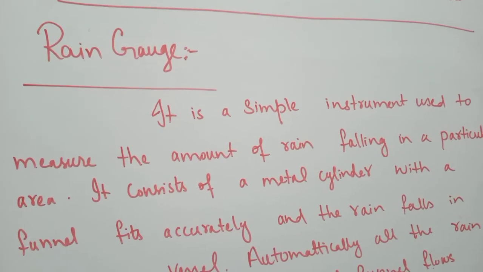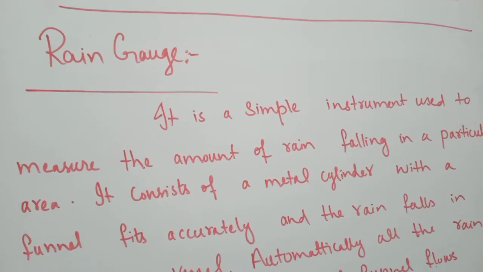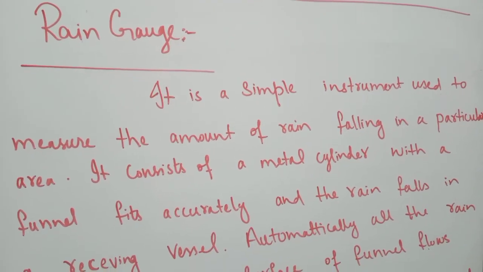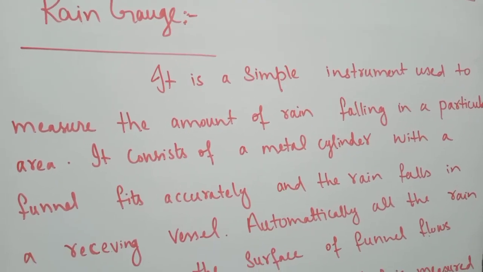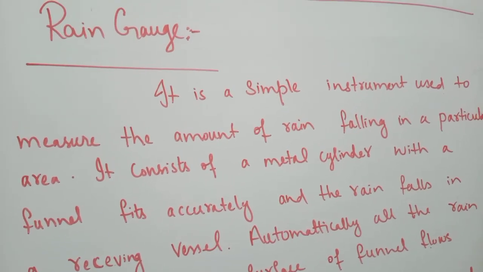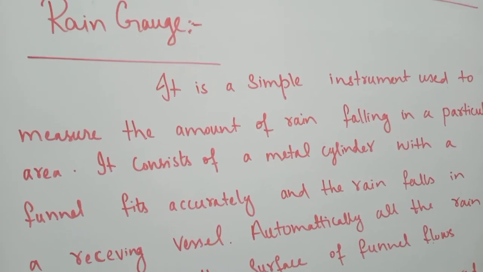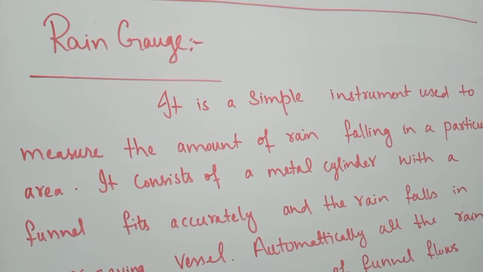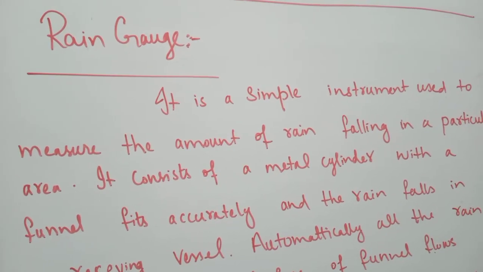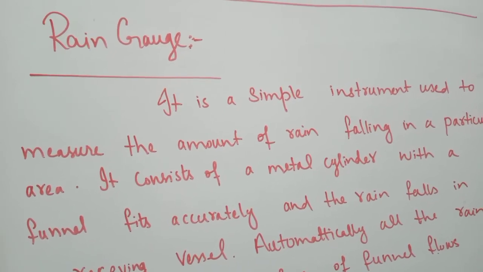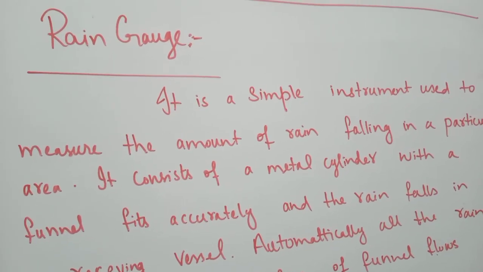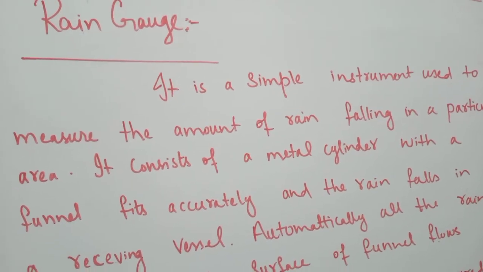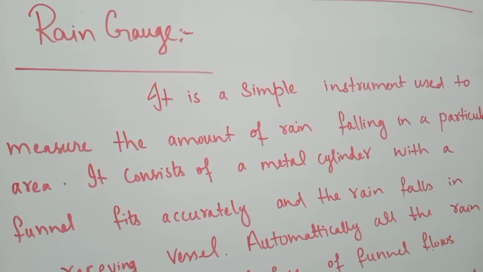Okay girls, this is the last weather instrument, which is used to measure the amount of rainfall. A very simple instrument. The amount of rainfall falling in a particular area can easily be measured by this rain gauge instrument. You need to fix that instrument in the ground or any open area where there shouldn't be any hindrance to the rainfall, and then I will give you the diagram of the rain gauge. How does it look? Firstly, we need to look at how it operates.